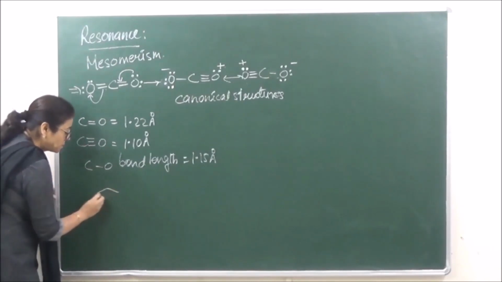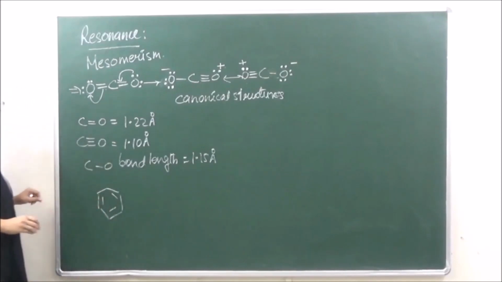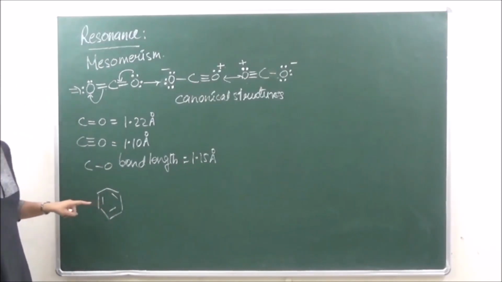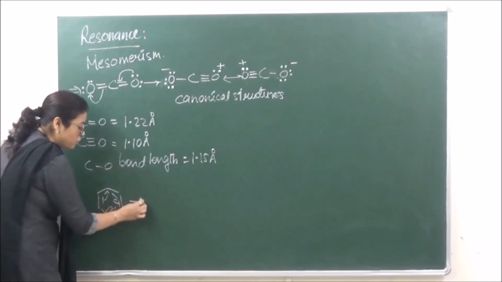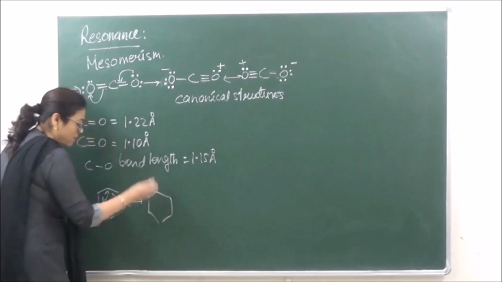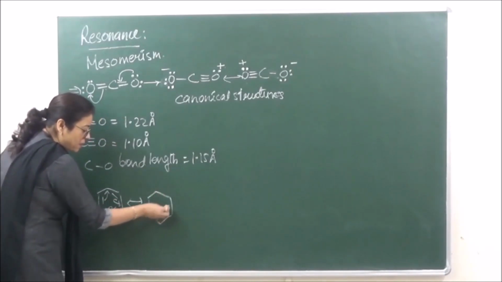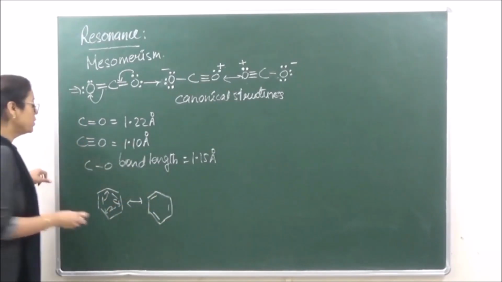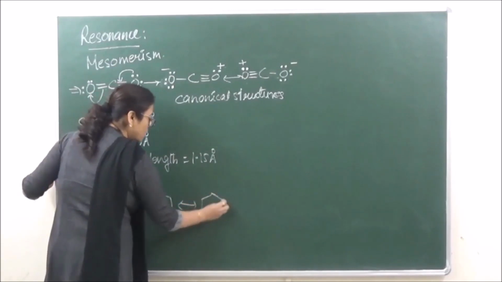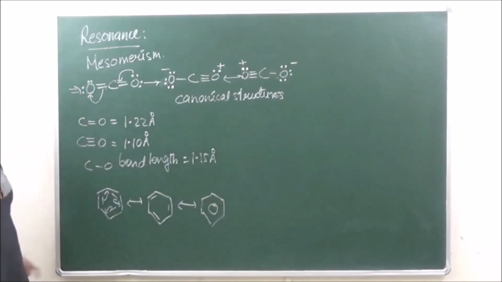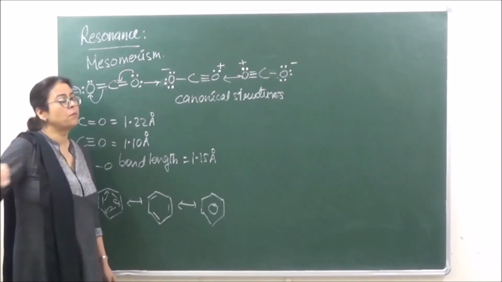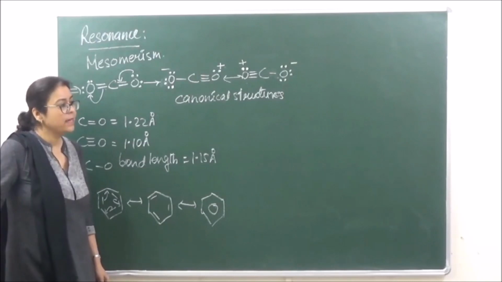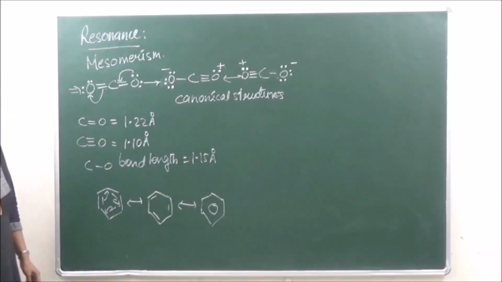Also, let's take the example of benzene over here. Benzene is a cyclic compound having alternate single and double bonds. ठीक है, अब यहाँ पे क्या होगा, ये यहाँ शिफ्ट हो जाएगा, ये यहाँ शिफ्ट हो जाएगा और ये यहाँ शिफ्ट हो जाएगा, such that in the resonating structure ये वाला बॉन्ड यहाँ शिफ्ट हो गया है, ये वाला बॉन्ड यहाँ शिफ्ट हो गया है और ये वाला बॉन्ड यहाँ शिफ्ट हो गया है, ठीक है। So we generally represent the molecule of benzene as this, where the circle in the center signifies the delocalization of the pi electrons in the entire benzene ring, ठीक है। So over here also the bond length is in between single and double bond, right? So this is what resonance is.